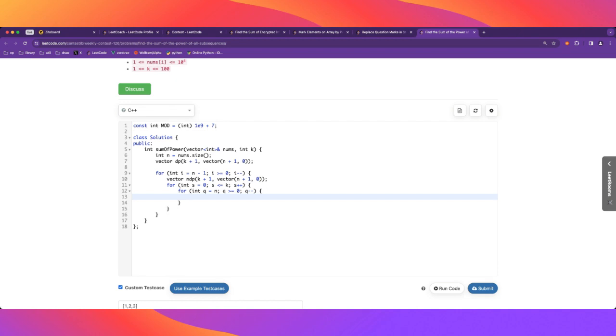And so finally we're gonna replace our DP with the new DP, and here the new DP of S and Q is going to be the sum of: we either skip it, we don't take it, in which case the sum is the same and the Q is the same, or we take it, in which case,